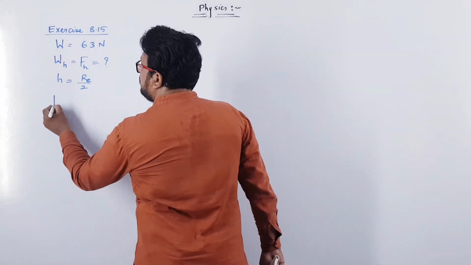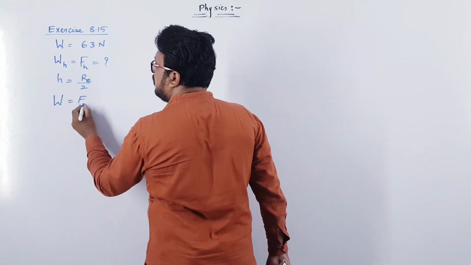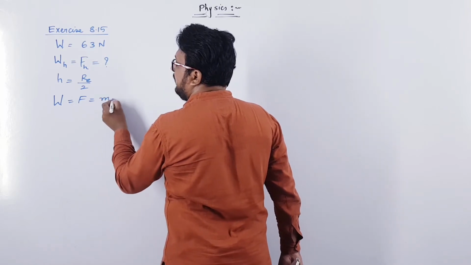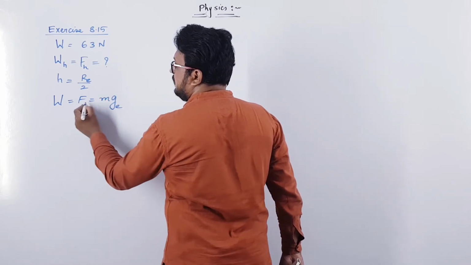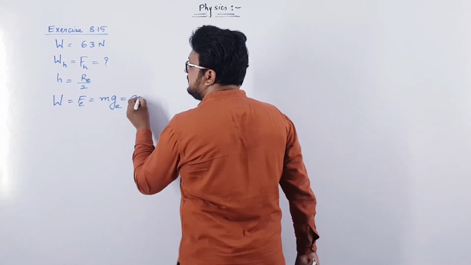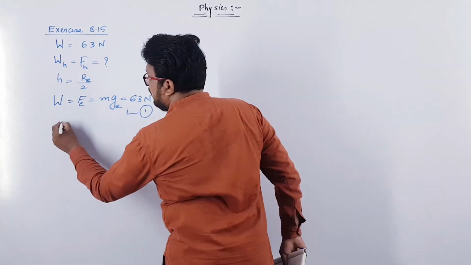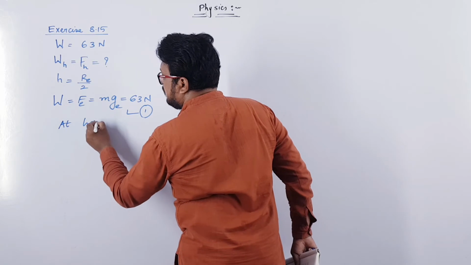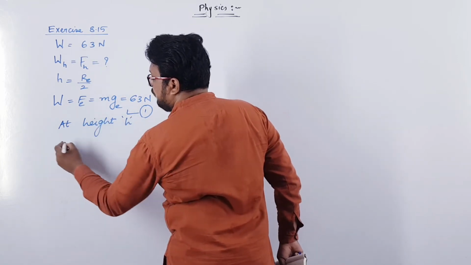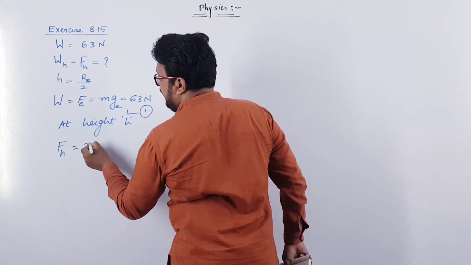Now here we know that the weight of a body on the surface of Earth is the gravitational force acting on the body on the surface of Earth, and that is equal to m into ge. Let us write F_E on the surface of Earth, which is given as 63 Newton. Let this be equation number 1. At height h, the gravitational force acting on it will be F of h, which will be equal to m into